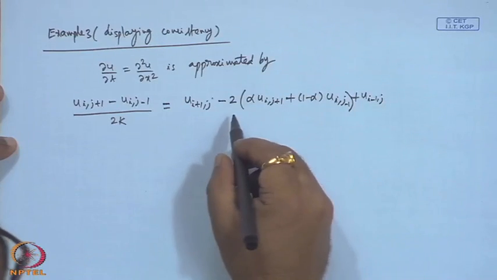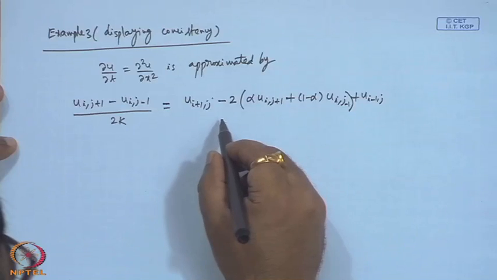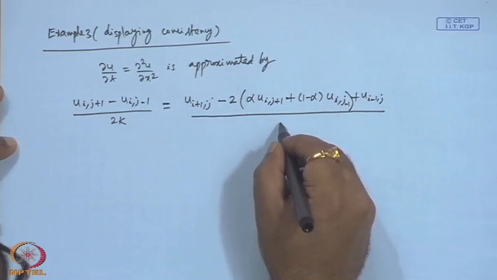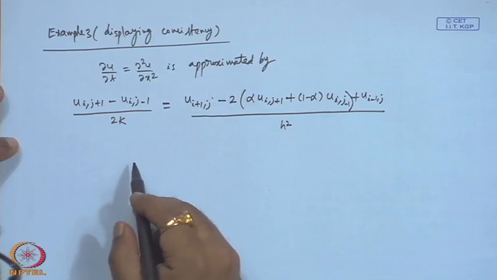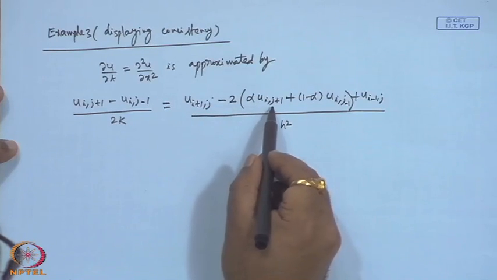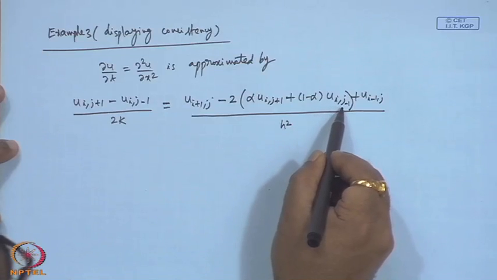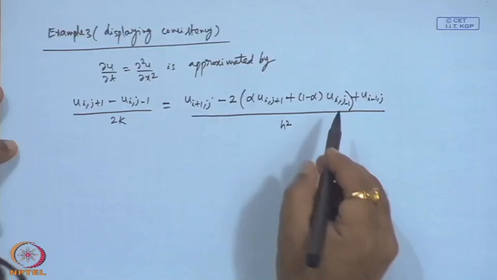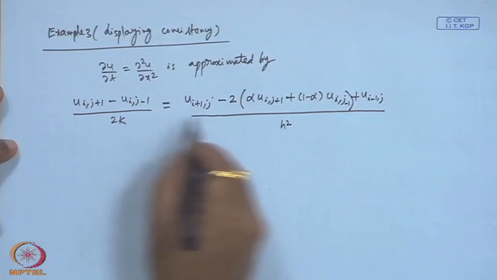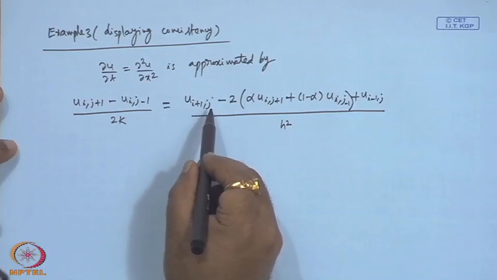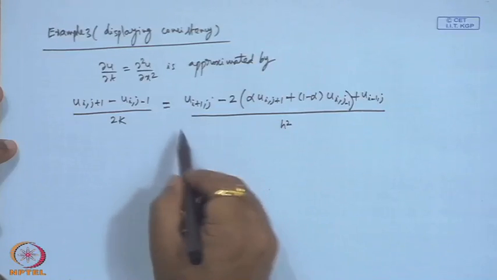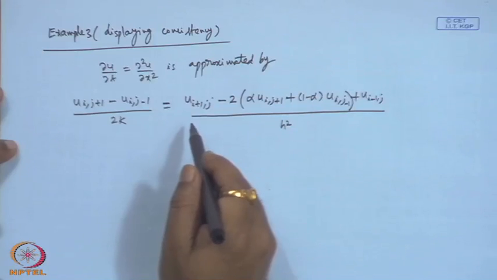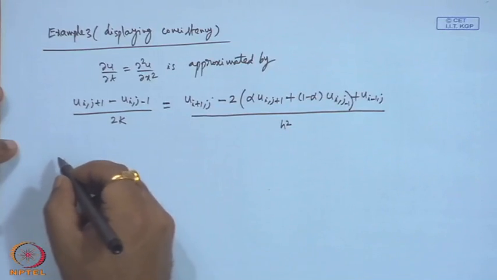Okay. Suppose this is approximated by, so this is i plus 1 j, i j plus 1 and j minus 1 and j. Okay. So, now based on the error expansion, we would like to check the consistency of this approximation. Okay. So,